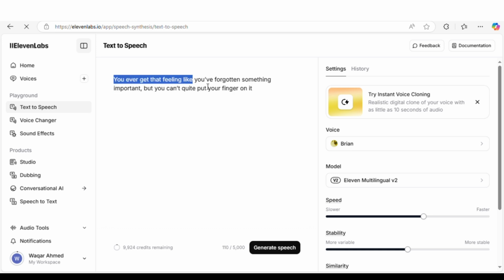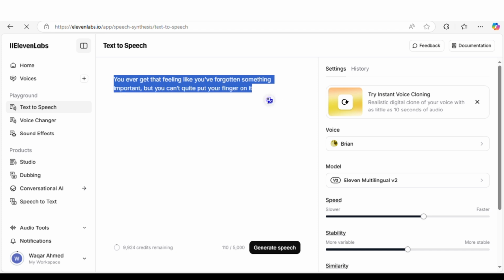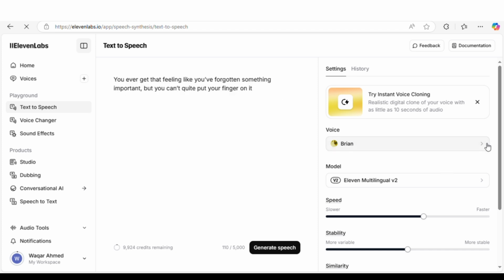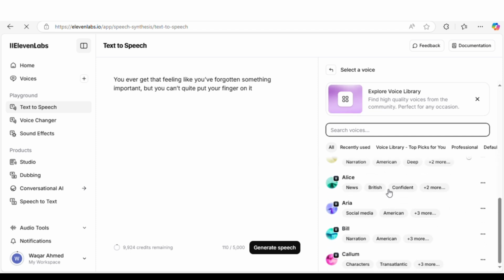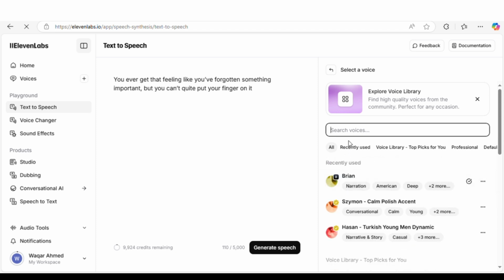On the main page, there's a text box where you can type something short. Try a simple script. Maybe an ad that says, "Boost your business with our affordable marketing plans," or a narration like, "The forest was silent until the birds began to sing at dawn." After that, pick a voice from their library. They have thousands of options across 32 languages, so you could choose a warm, friendly voice for a story or a sharp, clear one for a commercial. When you've got your text and voice ready, click the Generate button, and within seconds, you'll get an MP3 file